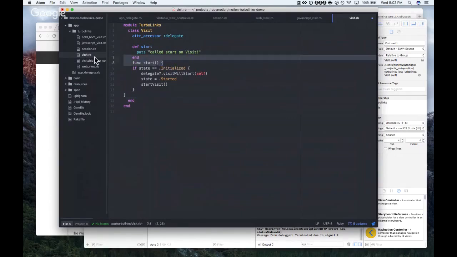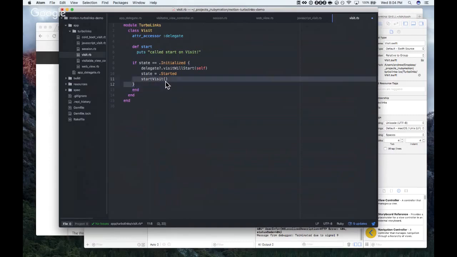This looks really like a state machine, doesn't it? And it's got that enum. I think visit state is an enum.